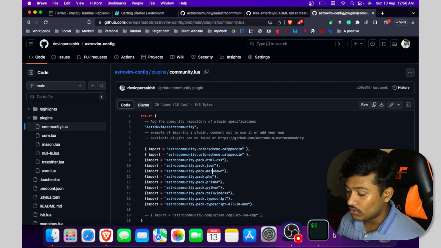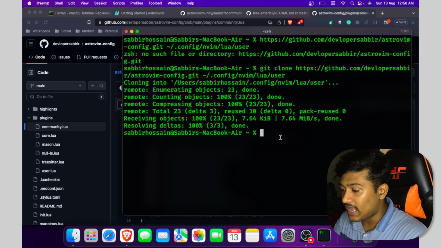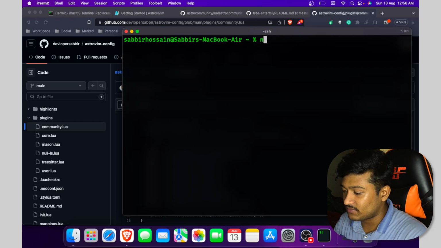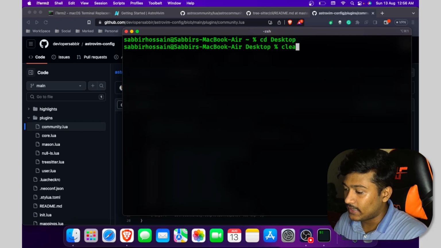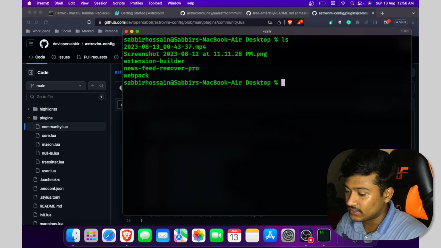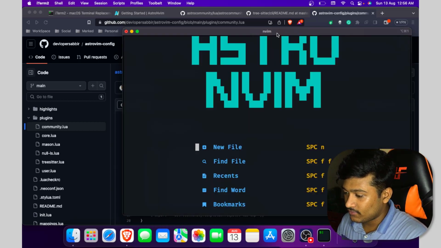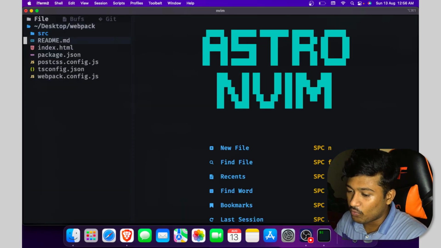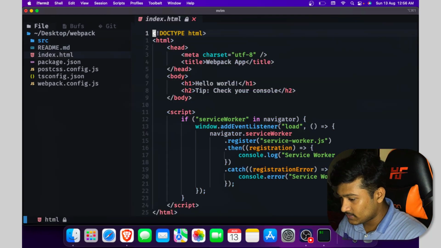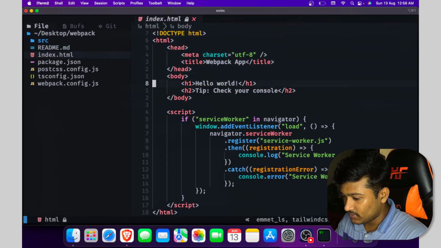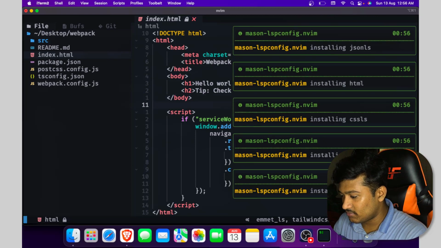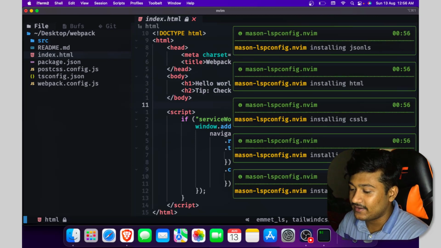Okay, so go to the terminal and go to desktop and open any folder, for example cd webpack and nvim. So it definitely works as I want. It's automatically updating.